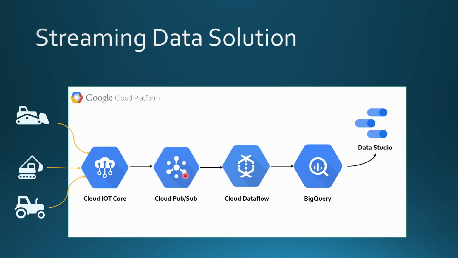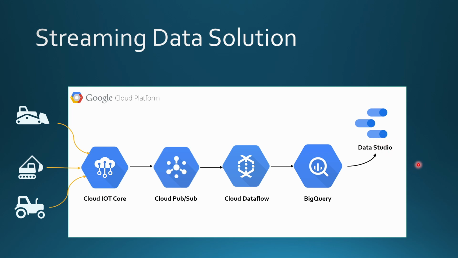So once the data reaches PubSub, if there is any ETL, and it's not clear from the case study that they are doing ETL, but let's say they have to do some transformation, then we would use Cloud Dataflow. After the ETL is done, it would ingest the data into BigQuery, and on top of BigQuery, we're going to create the dashboards using Cloud Data Studio. So this is a very good tech stack improvement as a whole for the company to get the data faster to their BAs, to build reports, or to do analysis on the data through Data Studio, and then give the feedback to the company.